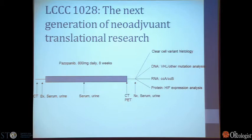And so that leads to our next clinical trial. This is now ongoing. This is LCC 1028. It's a neoadjuvant clinical trial using the newest generation. Well, they're coming out so fast, actually, it's not the newest anymore, but the next to newest VEGF receptor tyrosine kinase inhibitor. Patients now are getting a CT scan and a biopsy to confirm,